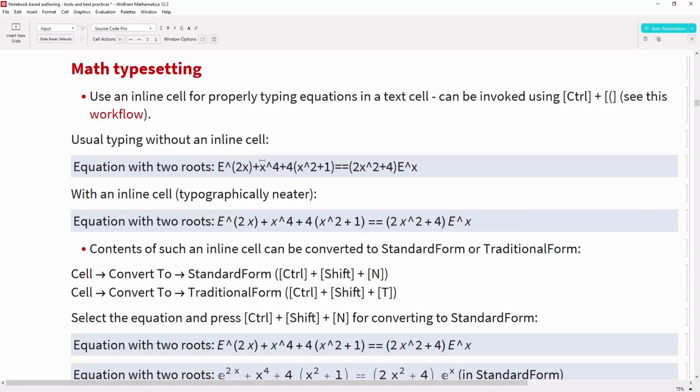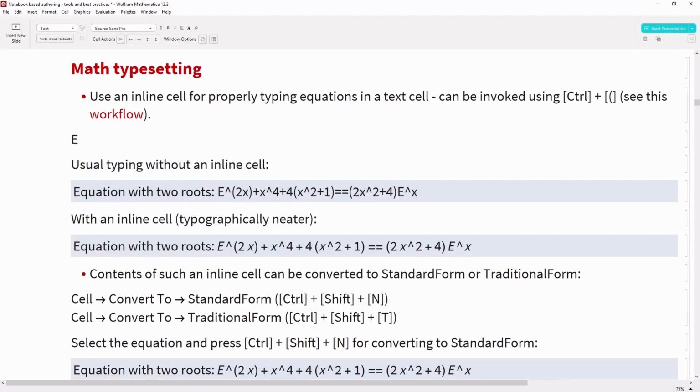It is always good to make sure that if you have a mathematical expression in the notebook, you are using appropriate mathematical typesetting on it. You can do that by invoking Control and the left round bracket in a text cell. I'll create some text cell.